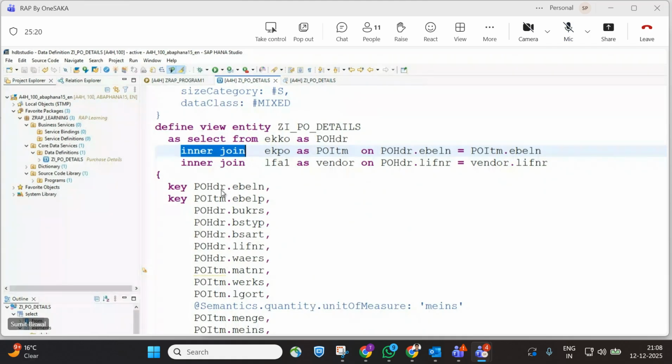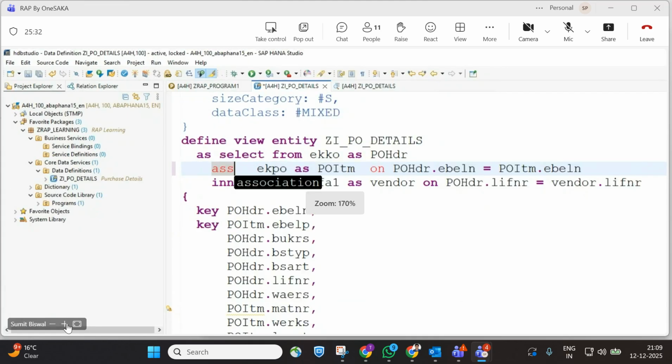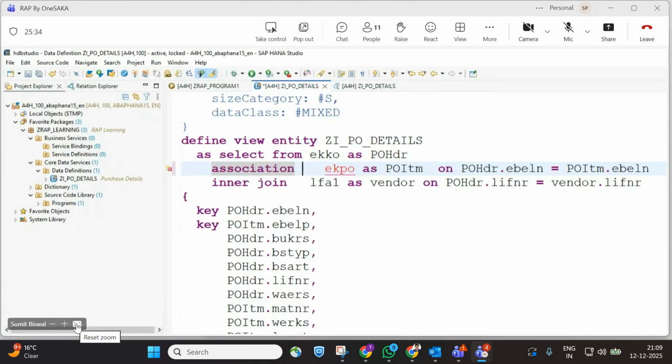Association means joins on demand. Yes, sir, exactly. It joins on demand. Okay, so whenever we are using the association instead of this, if I use association, then what is the